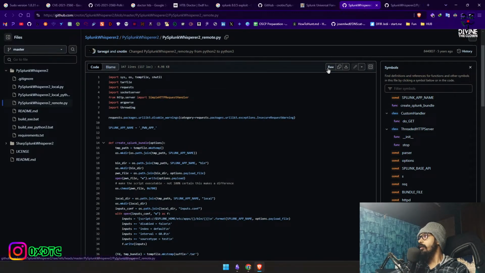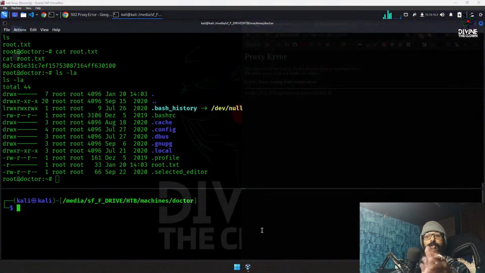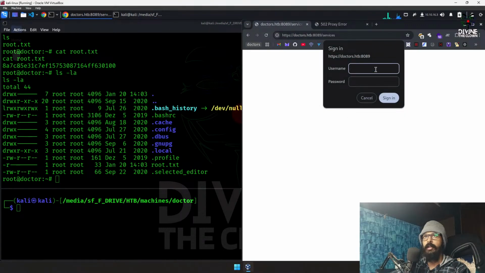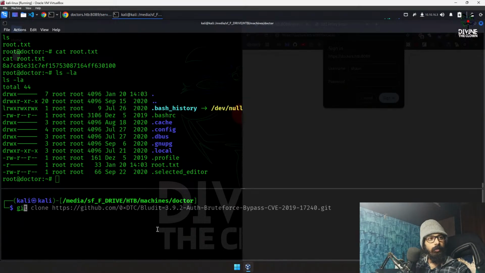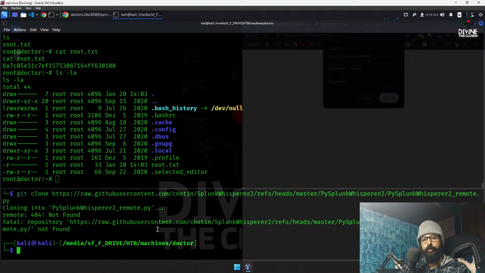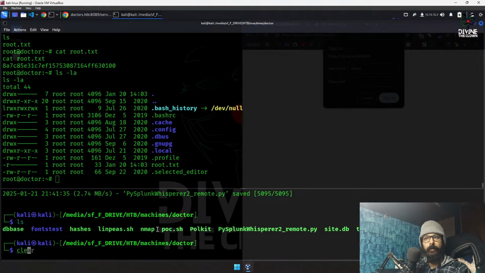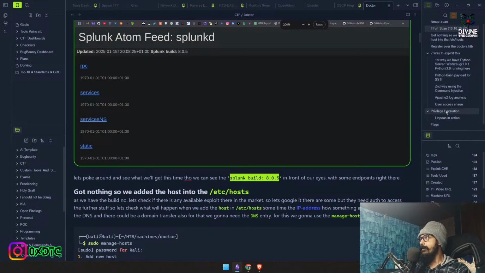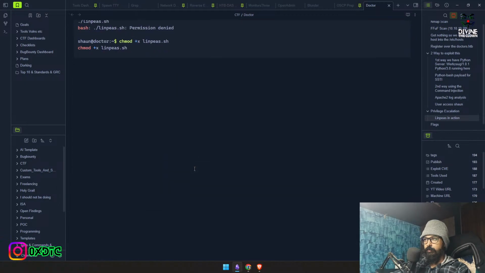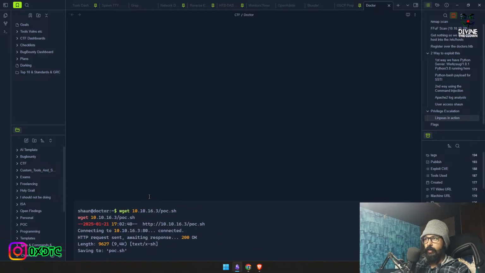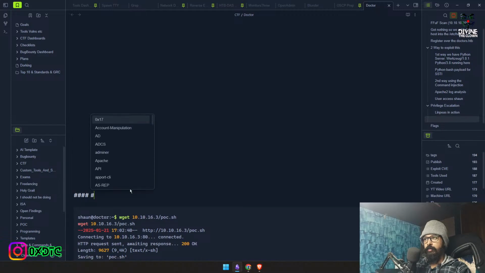We're gonna use this one, raw. Go for it. Copy this. Oh yeah, we can check if those credentials are working, right? So we will go here and we have Sean. Wait, let me download it. Git clone, paste, enter. Oh no, not git clone, wget, paste, enter. Okay, we got the file. Escalate privilege